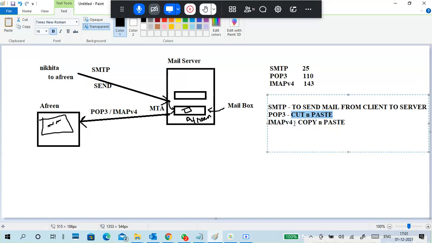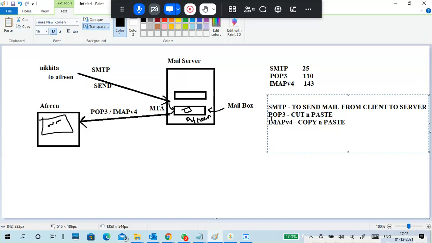It is an example like you have an Android mobile, and you have the Google mail application, no? Once you receive a mail, the mail is stored in your Android mobile as well as in the server. You can verify the mail from anywhere, like through a web browser, and also through the mobile app, because it's an IMAP type. If it is POP3, it is only a single system type. Once you download, it will delete from the mail server, or at least after a certain period of time. It depends upon the setting.